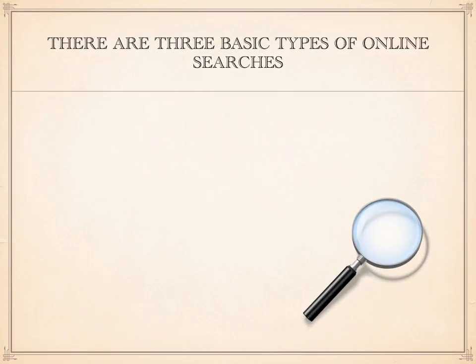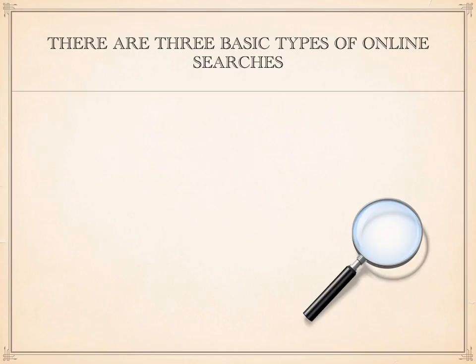There are three basic types of online searches: a string search or Google search, a catalog search, and a wiki search. Each of these types of searches is completely different than the others and requires a different set of skills. In this video, I will be focusing on catalog searches. You may wish to watch all three of these search videos in order to understand the differences between the various